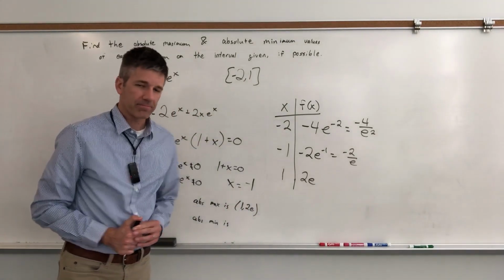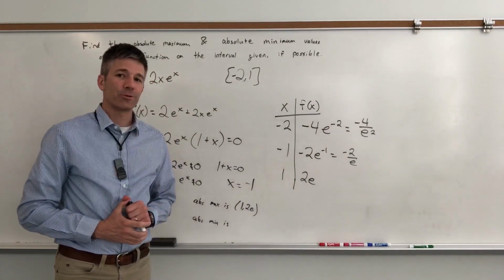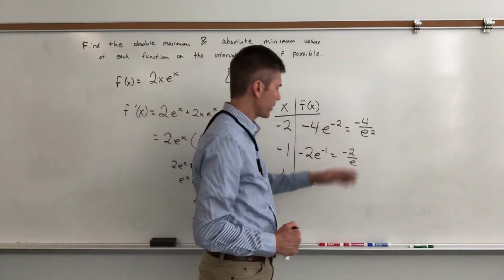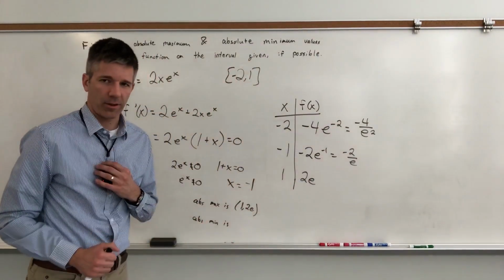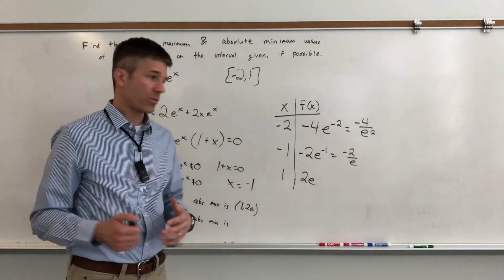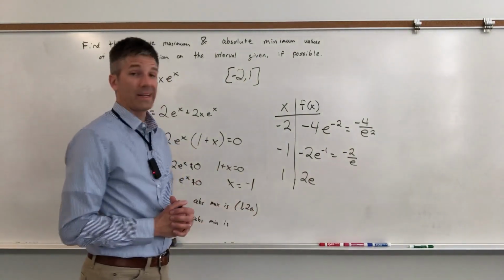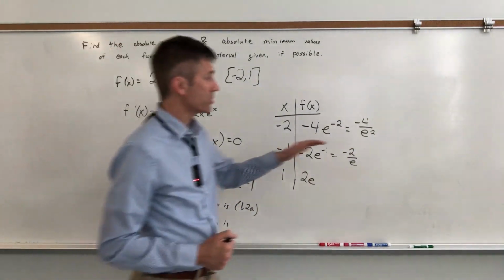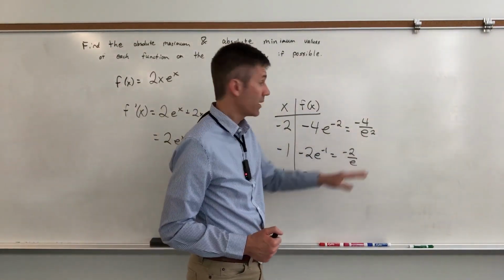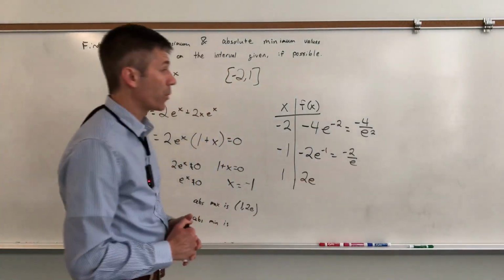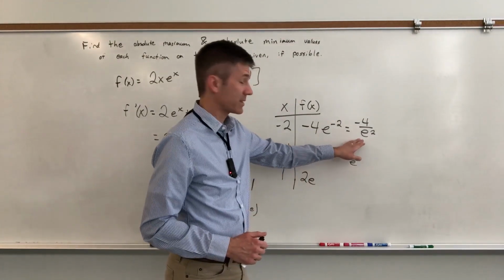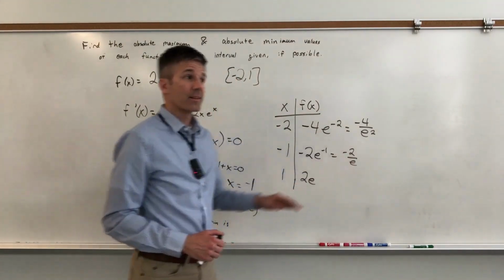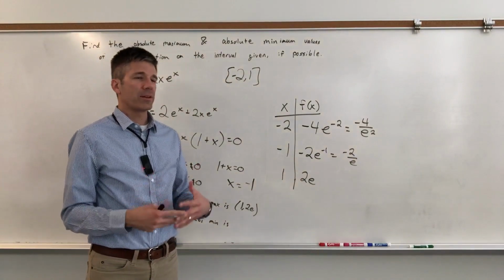Let's consider magnitudes of denominators. Now we can look at numerators as well, and we'll say, well, -4 and the -2. Okay, which is bigger though? Which is more massive? E squared or e? Okay, e squared is bigger. We have a larger denominator here than we do here. So because of that, I think this one is actually not as small as this one, okay? The larger the denominator,